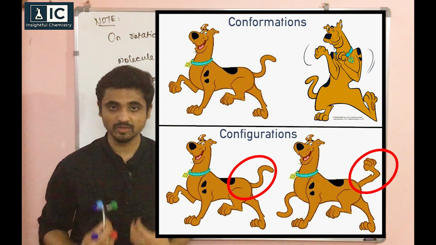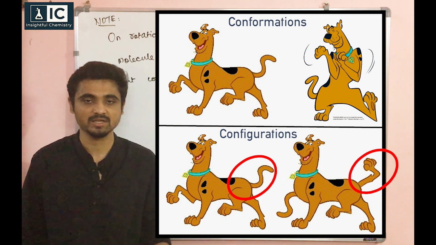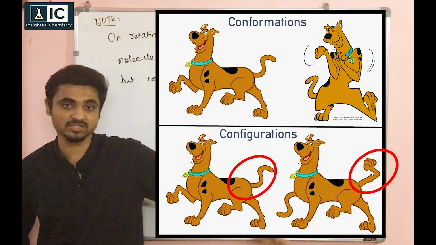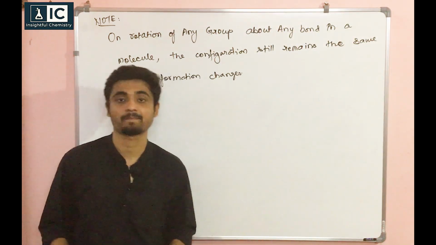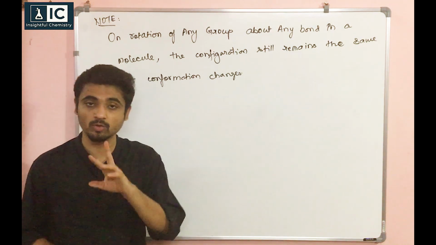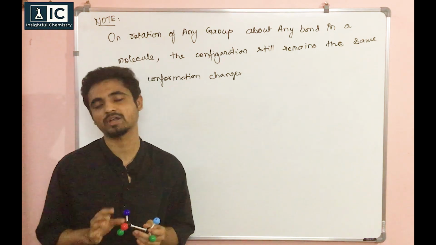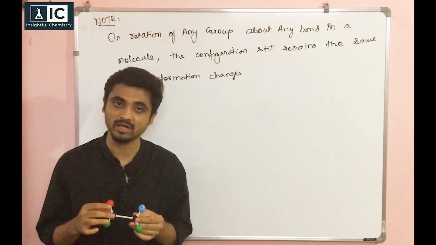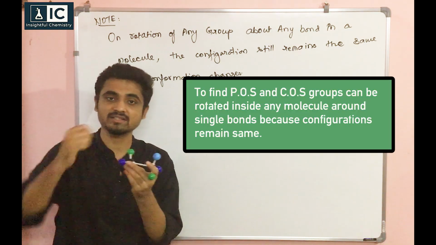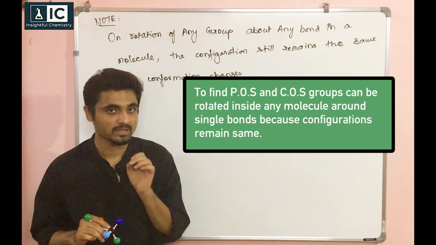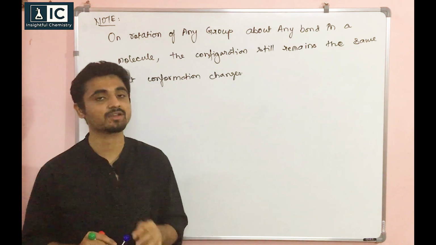Suppose we talk about ourselves, these two hands on right and left. This is our configuration. If I take this right hand and attach here only, both hands on the left side, then we will say it is a different configuration. I hope it is clear. To go from one configuration to another, I will have to break bonds. But for conformation, I don't have to break anything. I can simply go on rotating. And to check POS, COS, rotation is allowed, but breaking bonds and changing, that's not allowed. Is that point clear? Because I am going to apply that. Just keep that in mind, it's very important.